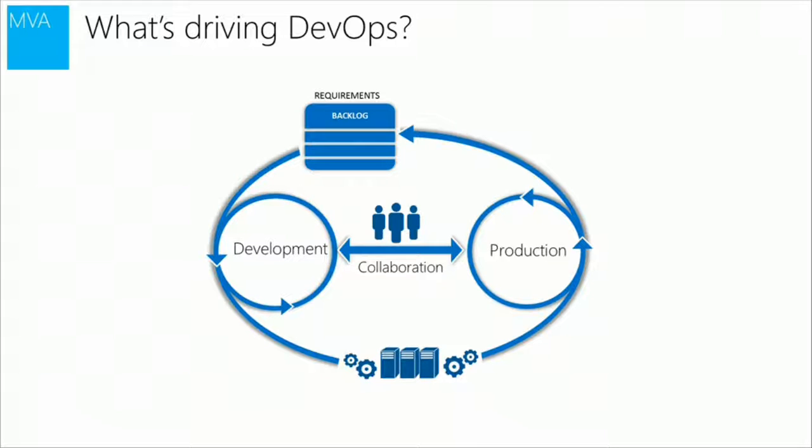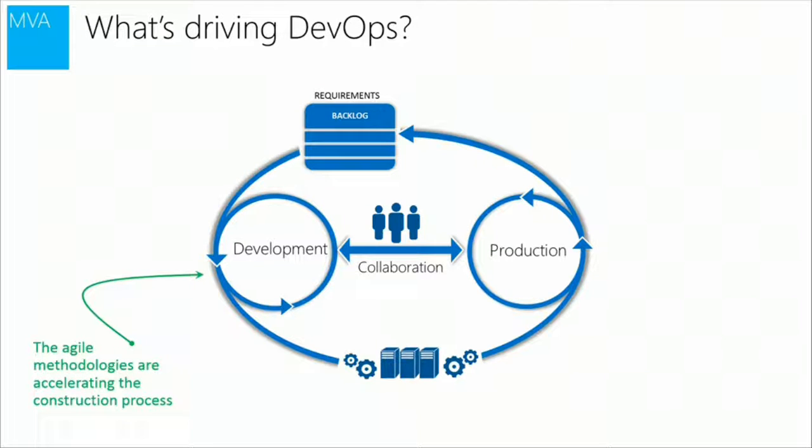This view that we have over here is looking at application lifecycle management from a Microsoft perspective and the key areas that we would want to understand as we go through our course today. In the middle you have development and production and three figurines there as personas. But collaboration is a key piece to the center of that graphic. What we'll do now is build out the flow and understand what really is driving this movement or this framework